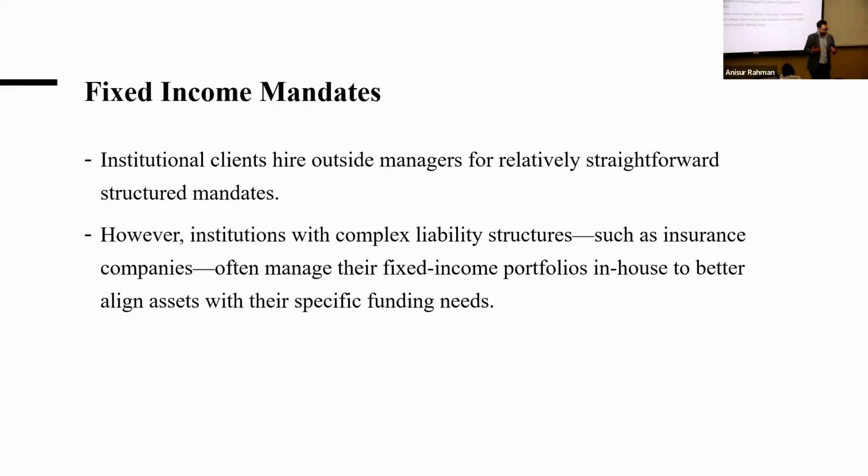That is the asset side of the portfolio, but they have to meet the liabilities. For example, whenever there is a claim, the insurance company has to pay. So they have to manage the asset side of the portfolio in conjunction with the liability side of the portfolio, so that if there is a claim,